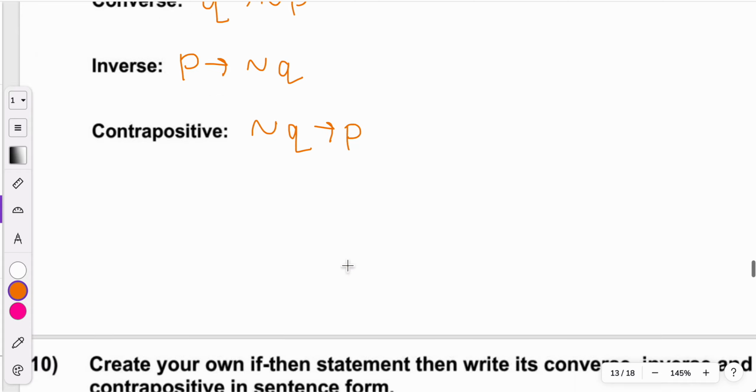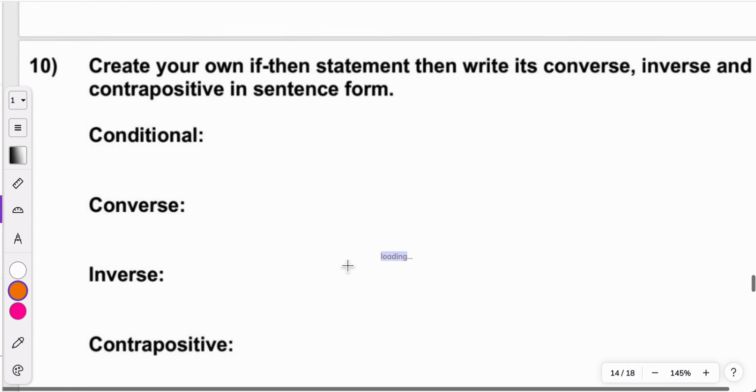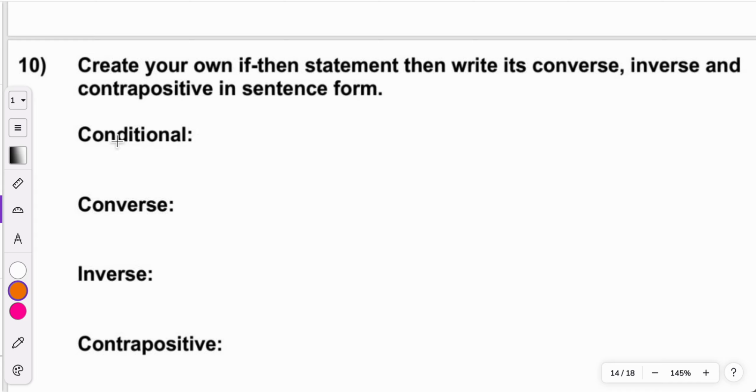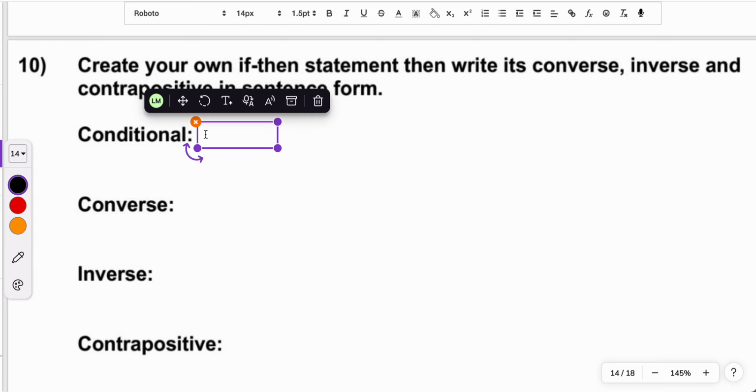Okay? Last one, create your own if-then statement to write its converse, inverse, and contrapositive in sentence form. So I'm going to write a conditional statement based off of our current geometry class. If you have first period math as an Olympian,